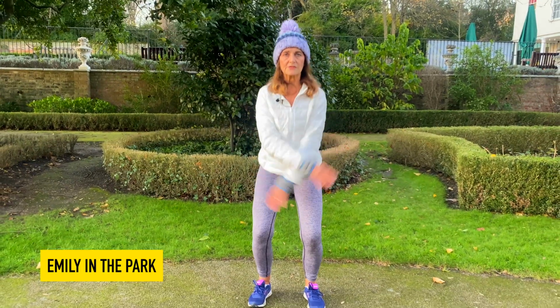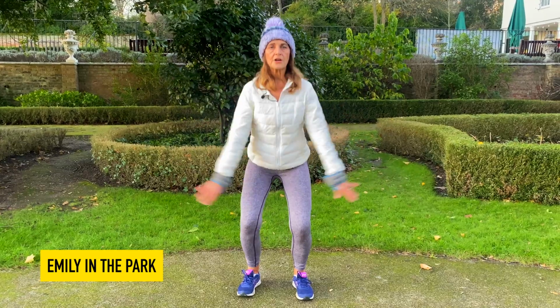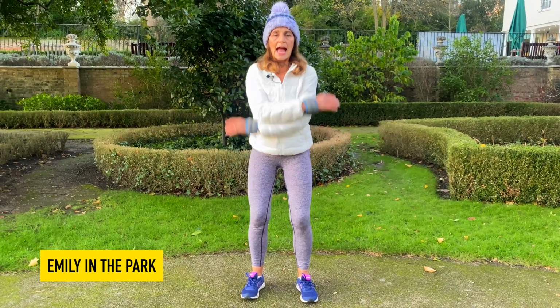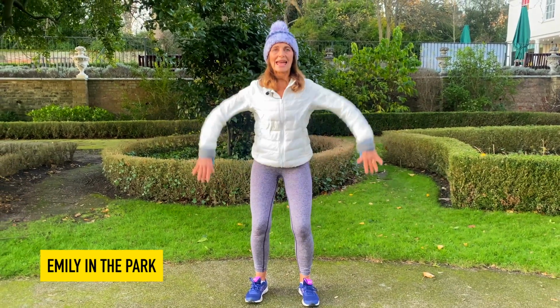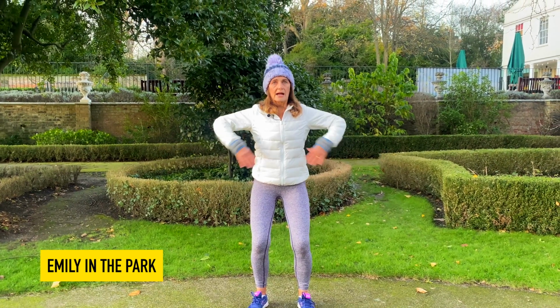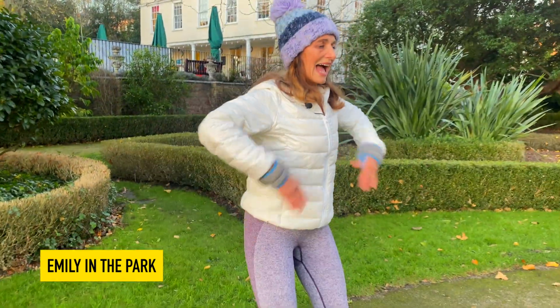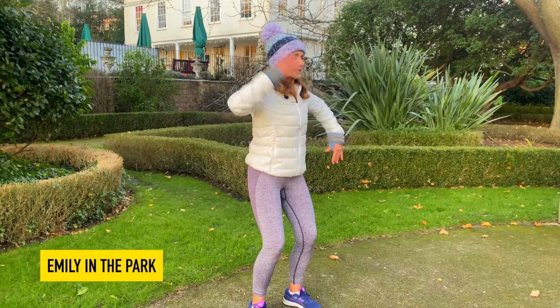Notice I'm crossing a different arm in front each time, working that upper arm. 5 and 6 and 7. Hold it up on 8. Tick tock. 1. I promise your arms are going to work out doing this. For 5 and 6, soft knees, remember, taking the pressure off the lower spine, and 8, hold one arm still, circle 1